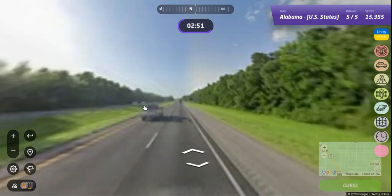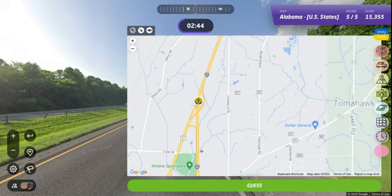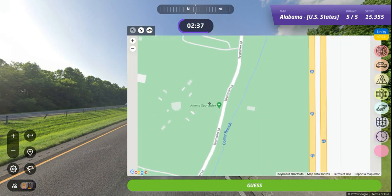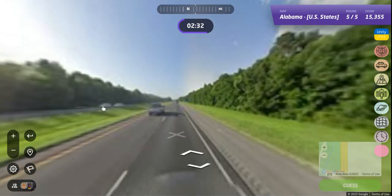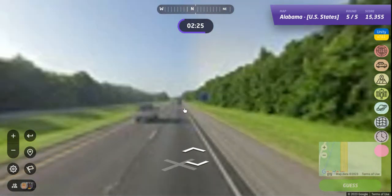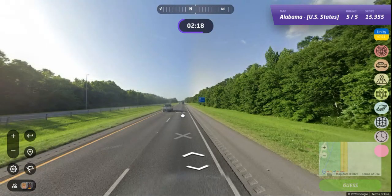Okay, so 354. That's the Athens Sportsplex. So I wonder if they got football there. You're starting to see a lot of these throughout the United States, so don't think that they're in one particular part of the country or another. Youth sports in the United States is a billion-dollar industry. You make money, as Zlatan Ibrahimovic once said. I don't understand why the Americans pay $3,500 a year to play